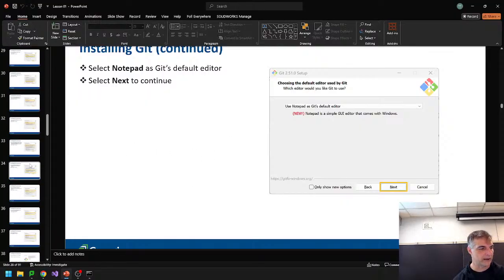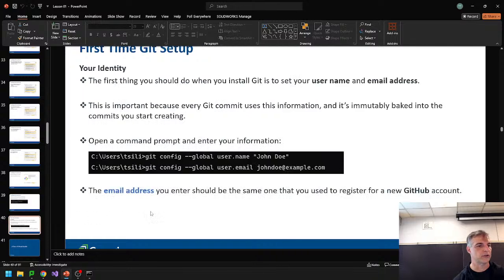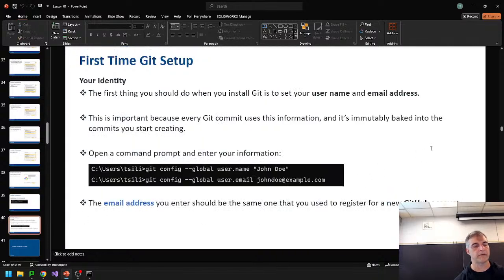Okay, so that is Git and how to get it. At the end, you should see something that looks like this, git --version and your version. And you should be able to do a couple things. There's one final setup that you should do with Git, which is this: git config --global user.name and user.email. What you want to do here is identify yourself